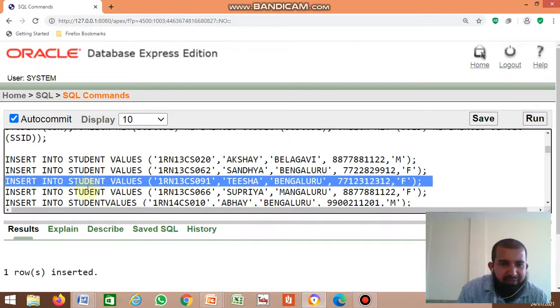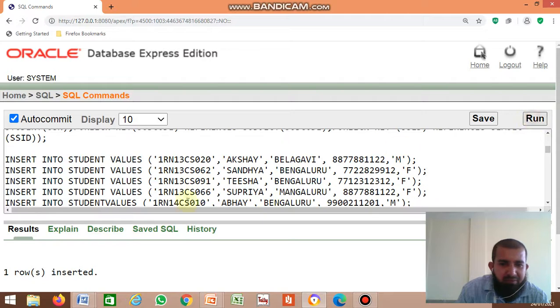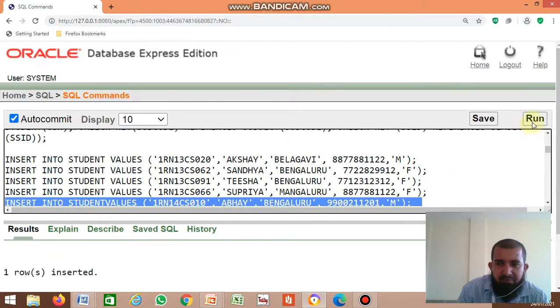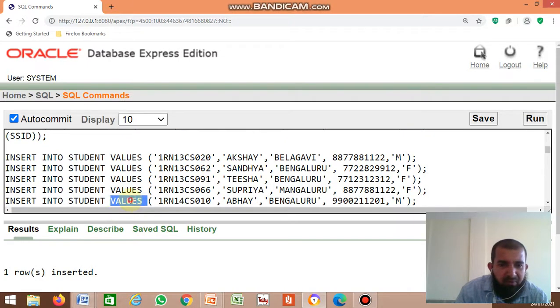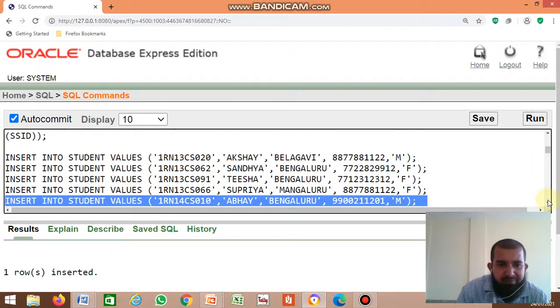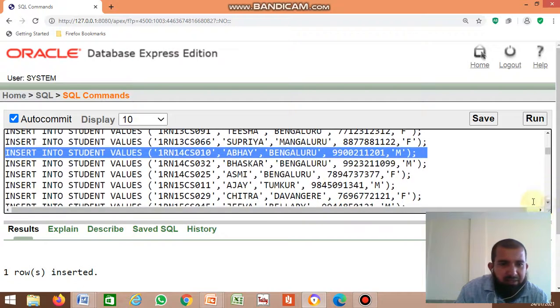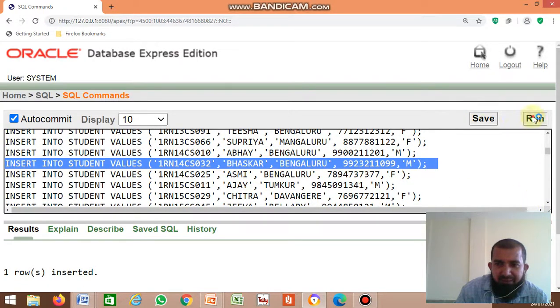First, the student table. Okay, you need space here. There are many records.